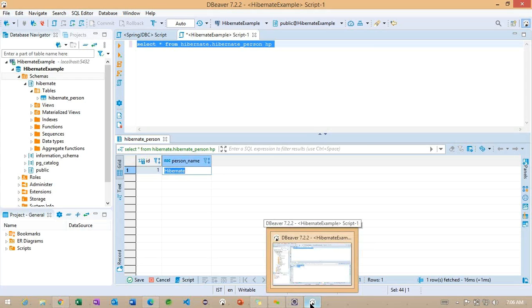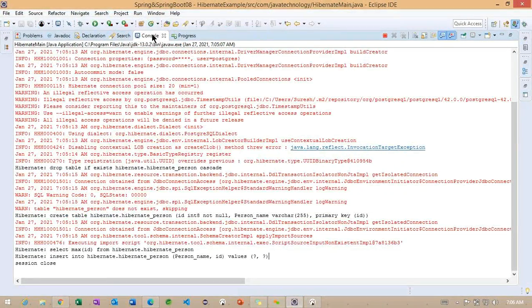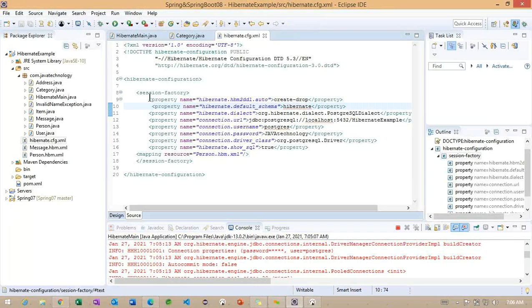So this is all about making any objects or any particular table. If you want to create inside any schema, we need to specify the schema information by using this particular configuration. Getting the point? So this is the way we can work here.